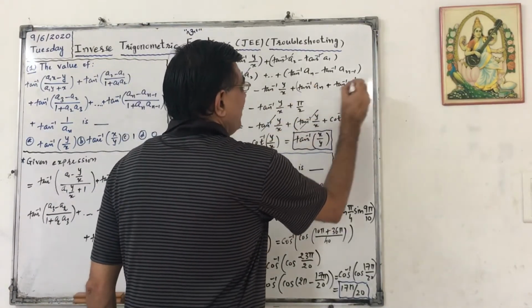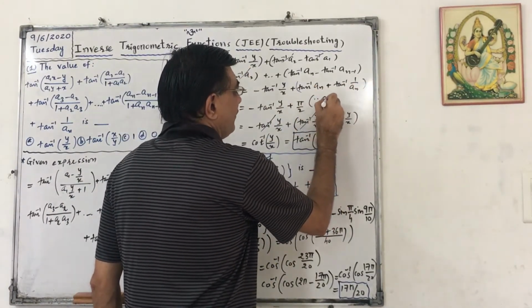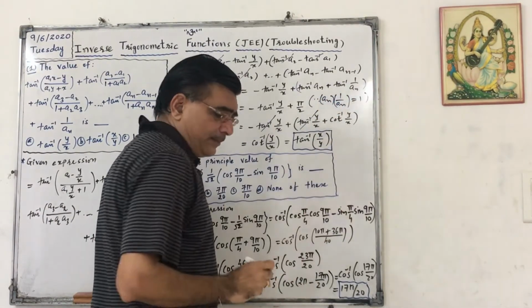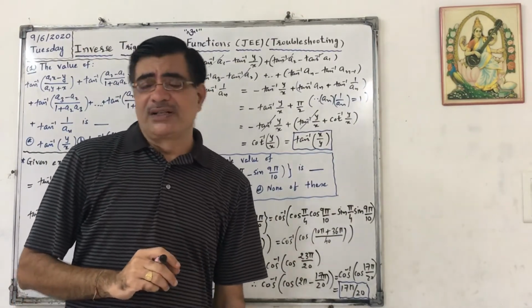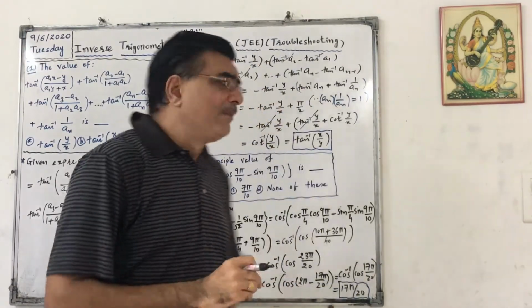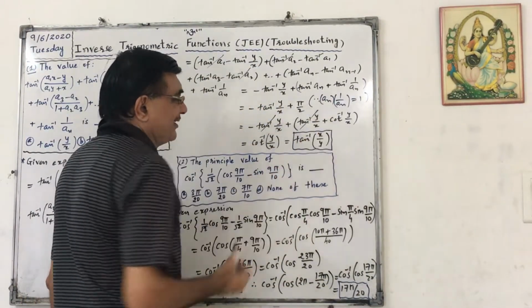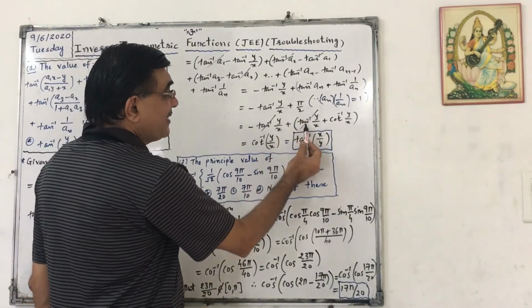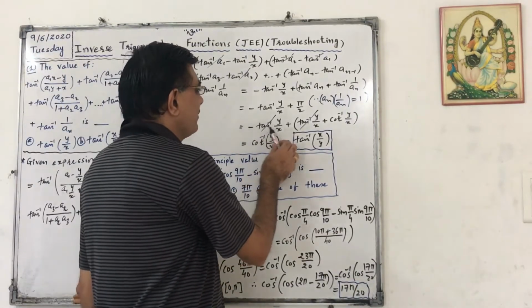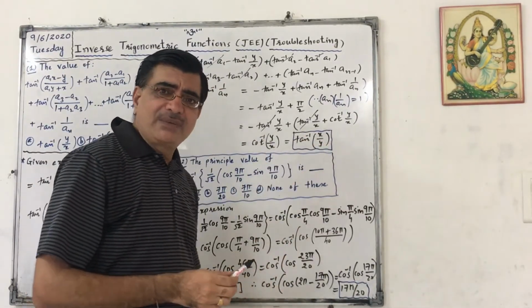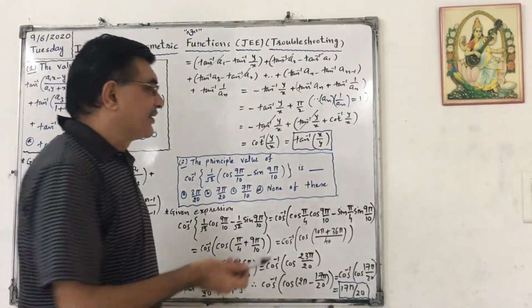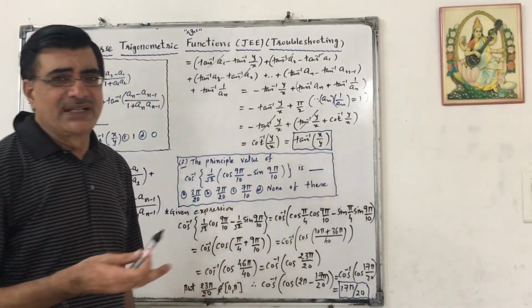Now see, in this bracket, a of n into 1 upon a of n equals 1. We know that if xy equals 1, then tan inverse of x plus tan inverse of y equals pi by 2. So this is converted into pi by 2. Now pi by 2 can be written as tan inverse of y by x plus cot inverse of y by x. So this minus tan inverse y by x will be cancelled with tan inverse of y by x. The remaining is cot inverse of y by x. But cot inverse of y by x can be written as tan inverse of x by y. So that is the answer.